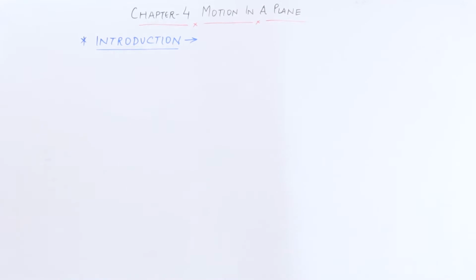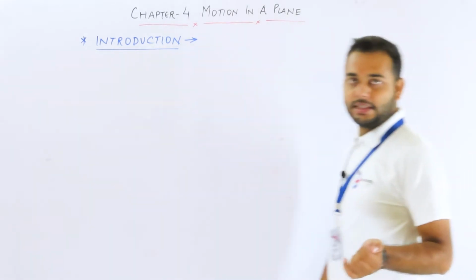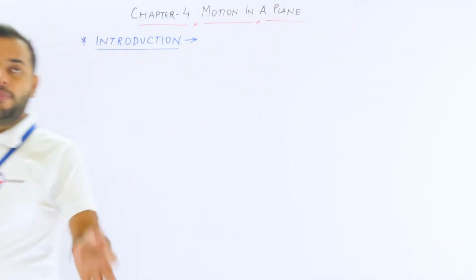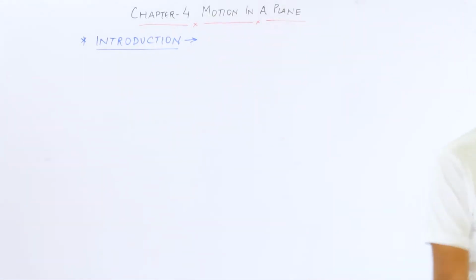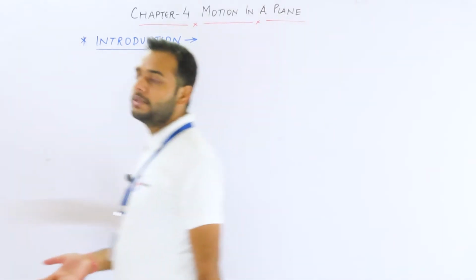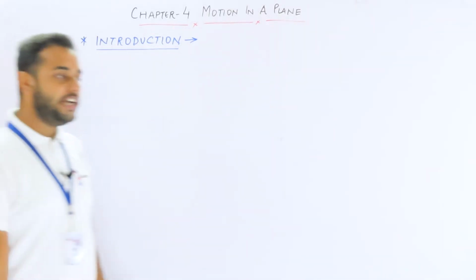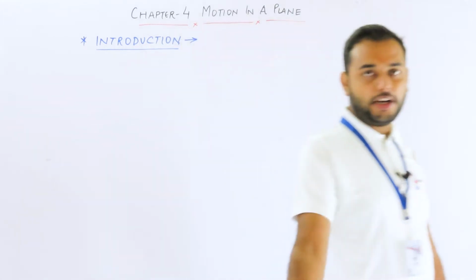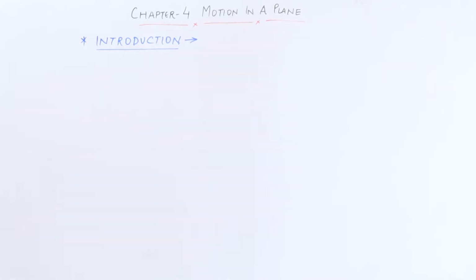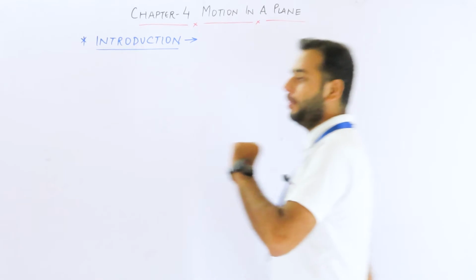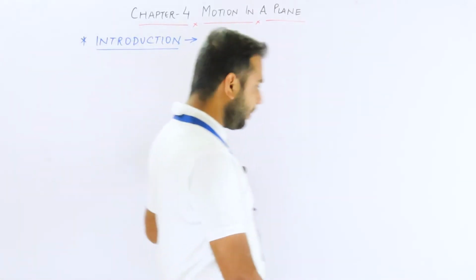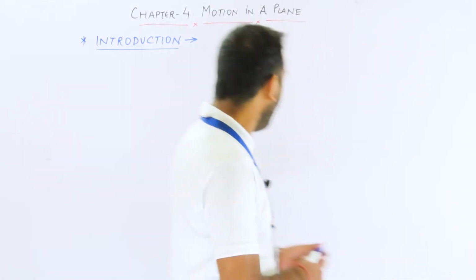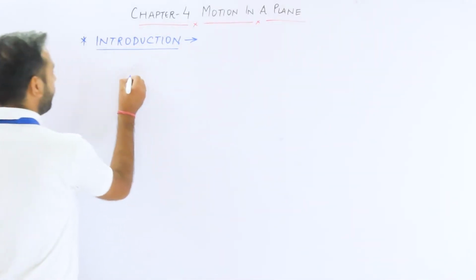In the last class, I gave you an introduction about vectors. Why? Because vectors are very important in this chapter. You will see that in this chapter, from the start onwards, displacement, velocity, acceleration, all these kinds of things will be in vector form, and you will see how useful vectors will be in this chapter. That's why I gave you a bit of an introduction to vectors. Now, let's first talk about our theme, what, why and how.